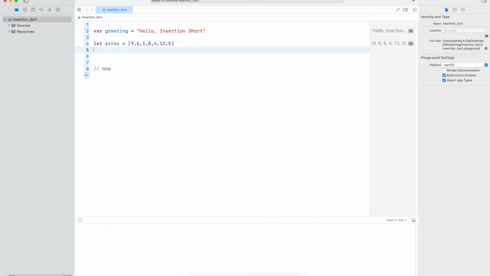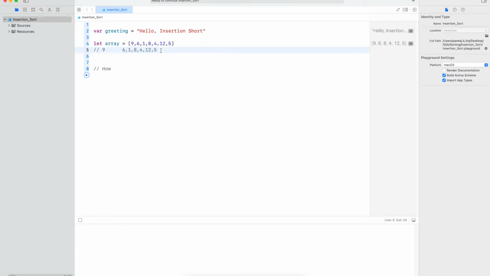For example, 9 is one part of the array and the others are the unsorted array. So initially we have divided it into two parts: one part is with 9 and the other is the rest of the elements. We consider the array at and before position 9 as sorted, and after that it's not sorted.